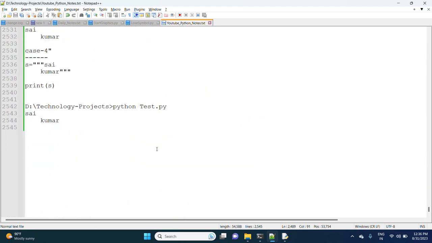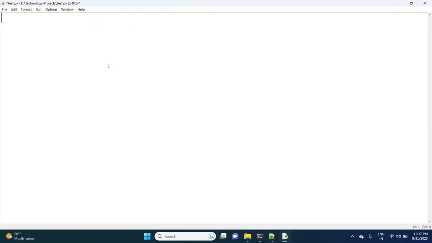Okay, there are some examples. Now observe every point. S is equal to, this is a single quote symbol.